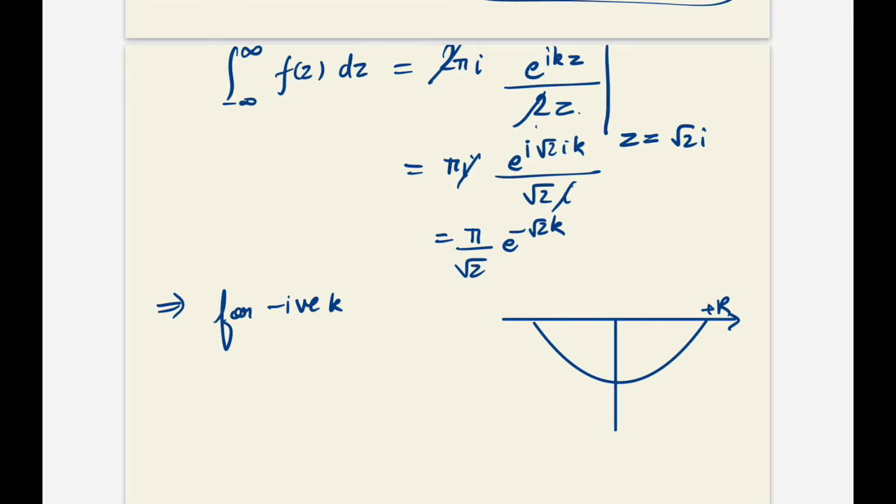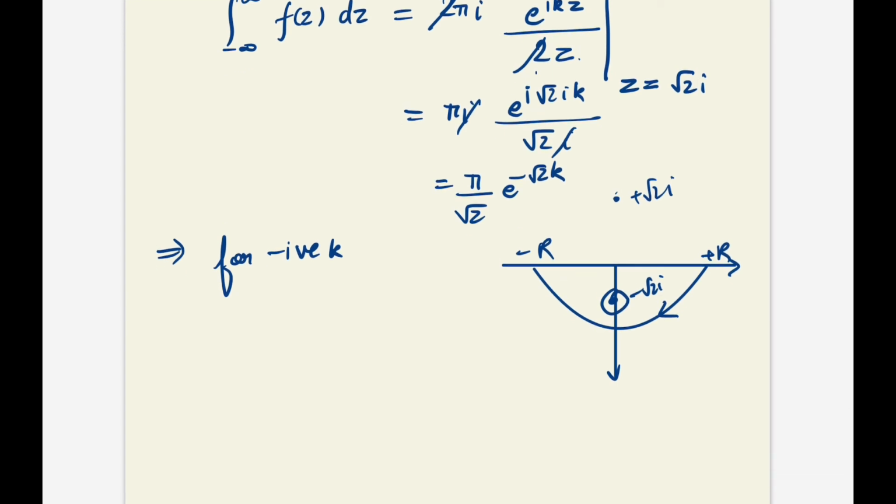This is the middle. This is minus root 2i, and the upper one is plus root 2i, which we already did. Now we are doing this case. This is minus r, and now it is clockwise direction. Okay, now same procedure, same thing: integral from minus infinity to infinity of e to the power ikz over z square